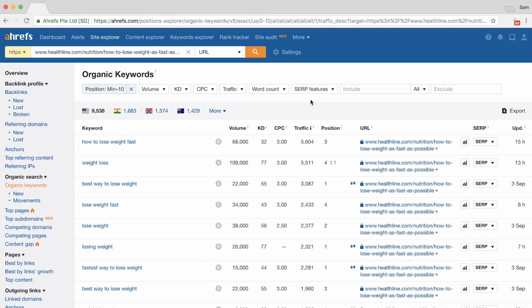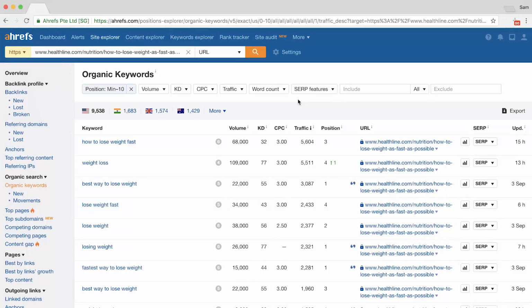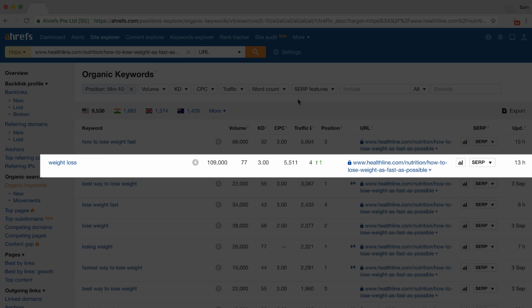So the search query how to lose weight is the perfect example. If you look at the keyword rankings for Healthline's weight loss article, you'll see that they have around 9,500 keyword rankings in the US that rank in a top 10 position in Google. People are essentially looking for the same thing, but they're typing in all sorts of different variations with the same or similar search intent. So the head term here is clearly weight loss, which has 109,000 searches per month,